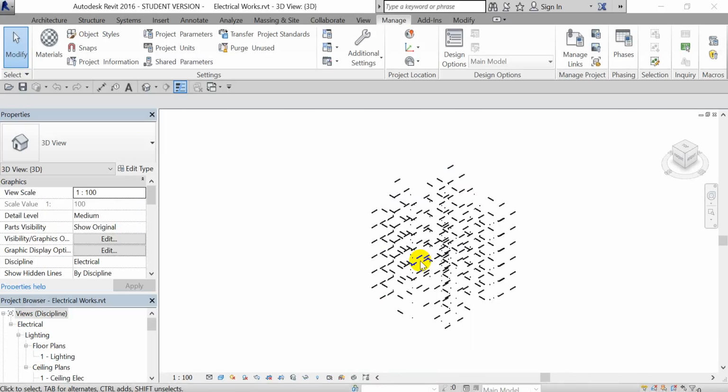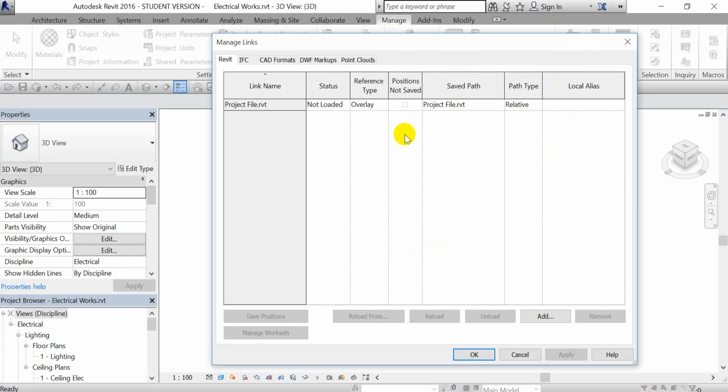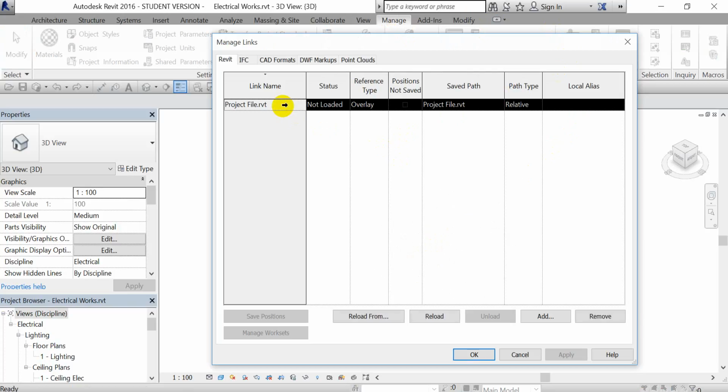In the electrical works model we need to go to Manage tab, Manage links, and here we can see that the architectural model was linked to this electrical works model, and it is now not loaded. So we need to reload this file. So you may be actually seeing a different name here, but